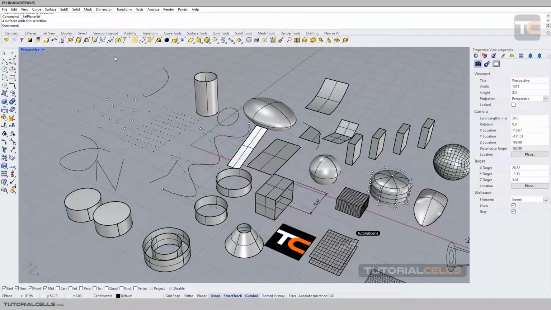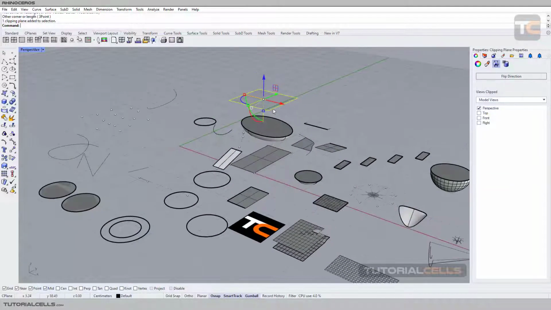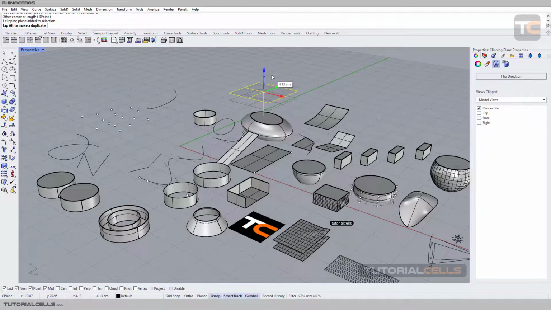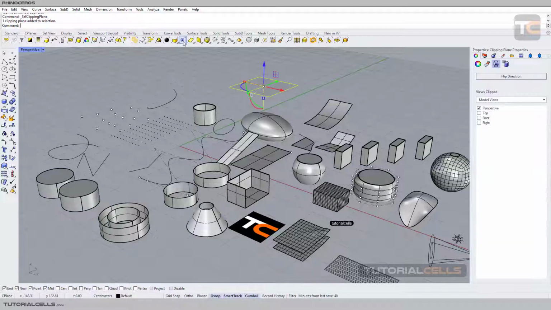Okay, we continue the select tab. Here you can select clipping plane. As I said before, the clipping plane on the viewport layout, and you can click and drag. You can refer to the previous lesson. This is a clipping plane. If your scene contains a clipping plane, you can go into select and select it, or